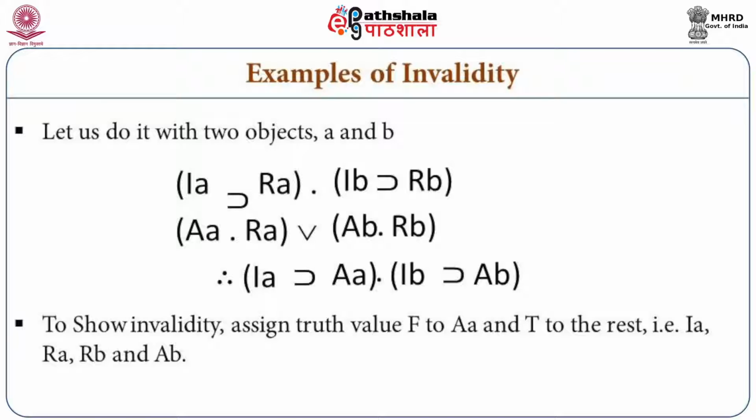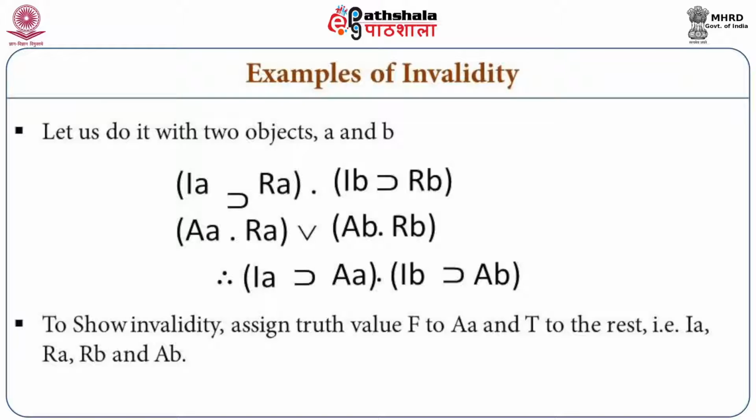So it will become a series of disjunctive sentences. So A and RA, or AB and RB. So from here we can symbolize the third sentence, which will look like this. Therefore, AI implies AA and IB implies AB. Now, to show the invalidity of this argument, all we need to do is to